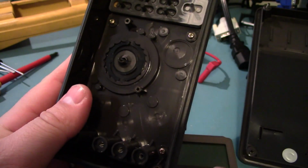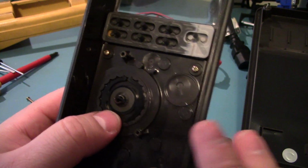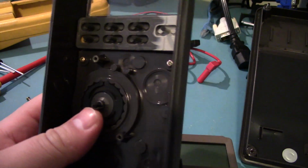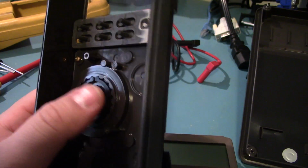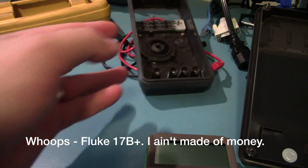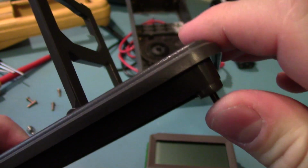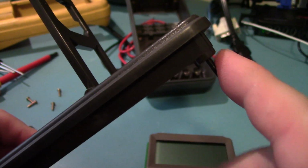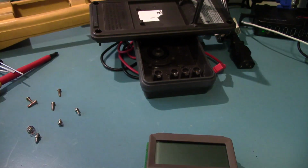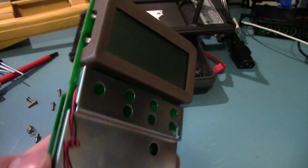The range switch feels kind of cheap. Maybe it's just been abused. I don't know the history of this multimeter. It feels spongy when you turn it. Like, even my Fluke 117B feels better. All the screws on the back are nice captive machined screws into nice brass fittings. And here we've got the